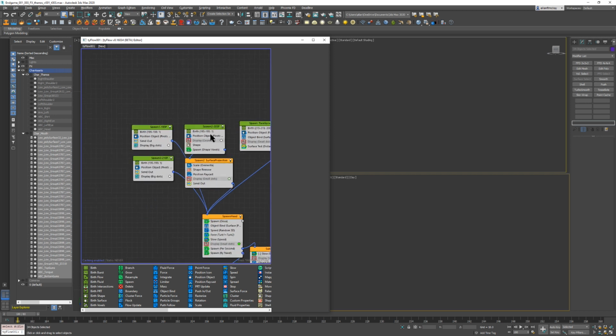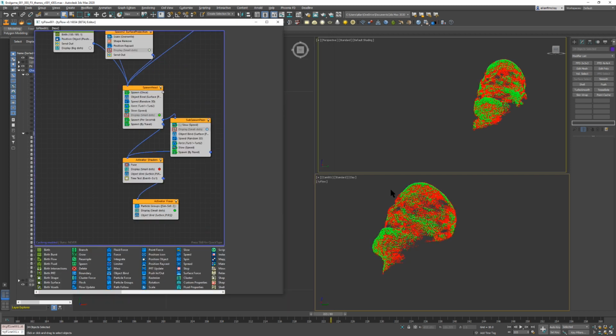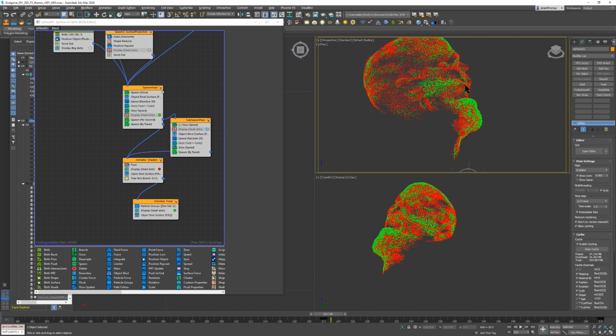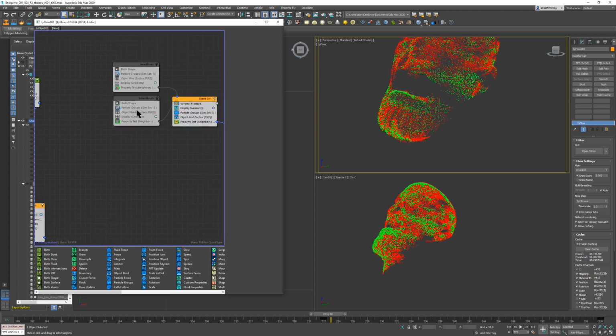And with this stuff, I guess it's just traveling over the head. So I'm just going to turn the display on for a second and just want to look at the mouth. So hopefully this will activate everything. So I don't think we need to do anything. However, as a precaution, we can do a time test